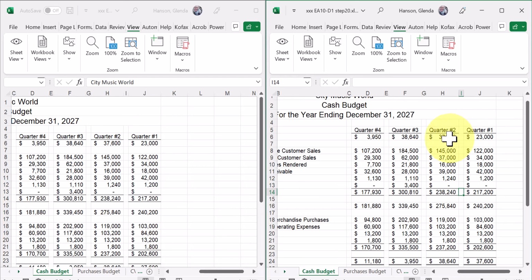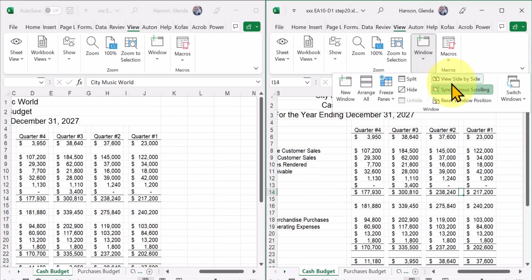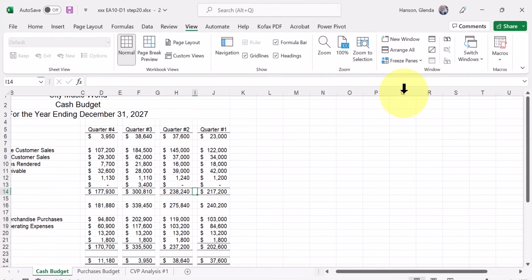Okay, then it says View Window, and it says click off the side by side, and now I'm back to one window. And then it wants to show on step number 32 how you can do view,